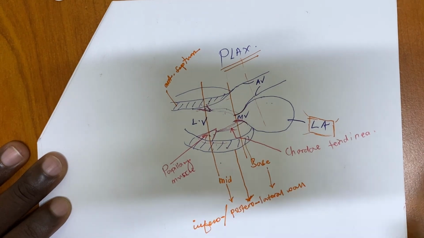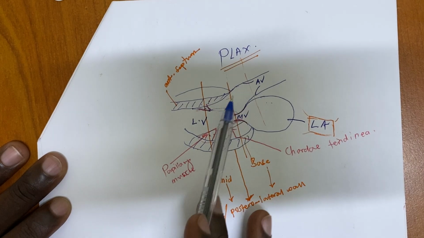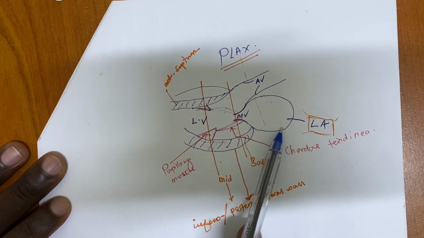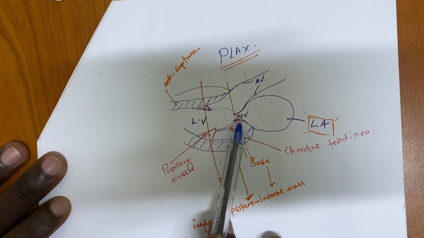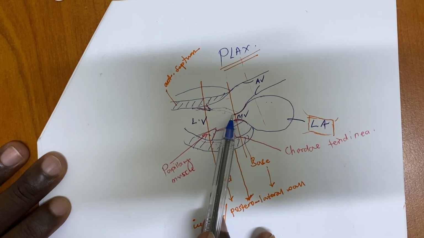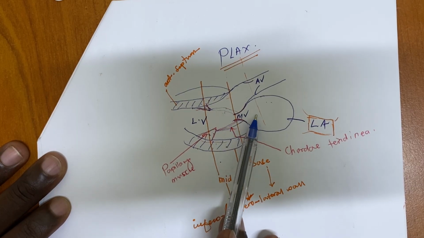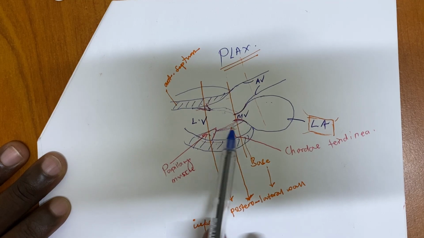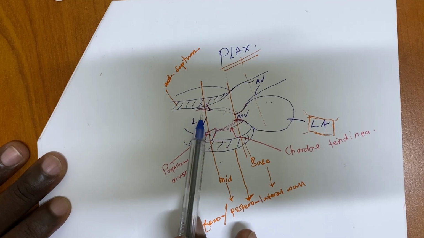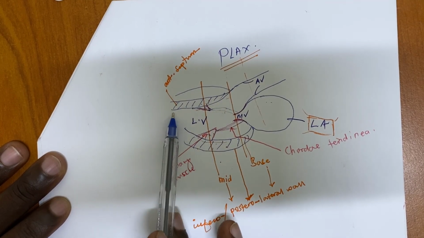So we name this one the parasternal long axis view, where we see the aortic valve and the aorta, left atrium, and then the mitral valve. Mitral valve is the same as mitral inflow. This is inflow: mitral valve, left ventricular cavity, RV, and then the interventricular septum, and then the